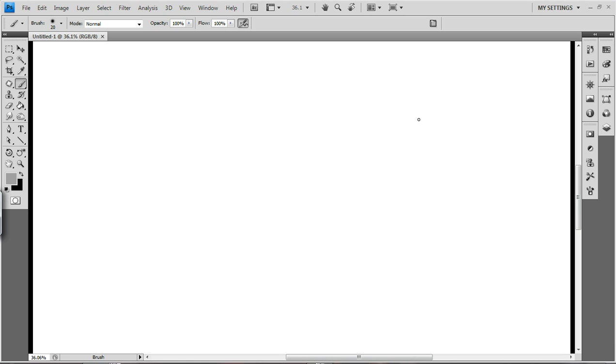Now, when you open up Photoshop, and by the way, I just want to let you know that I am using a Wacom Intuos 4 drawing tablet. When you first open up Photoshop, and if you haven't already customized your settings, you get your brush tool, and depending on which brush you pick, if you use it, it's just going to make these really